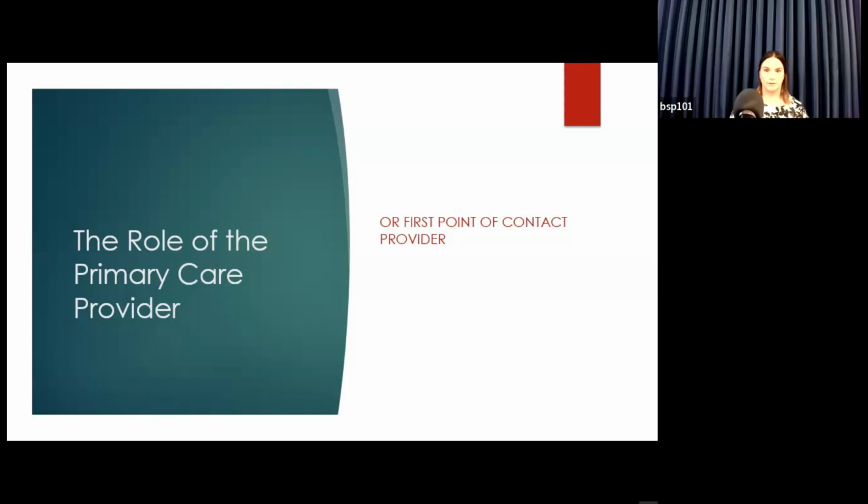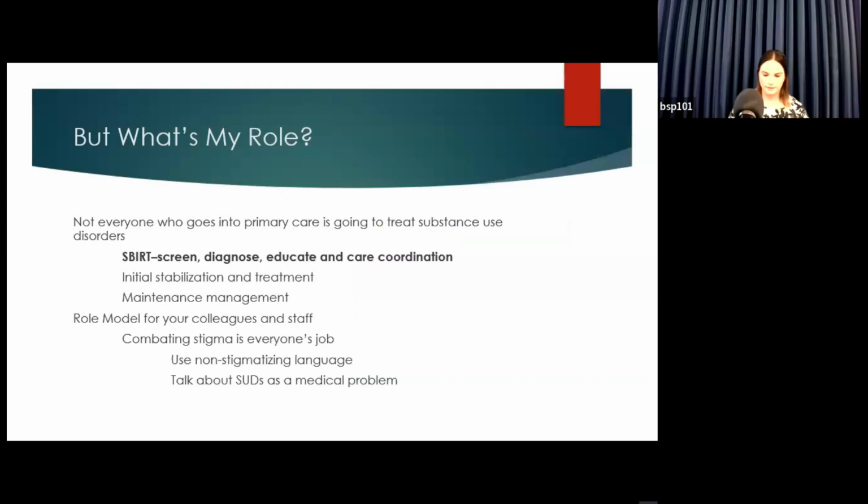So now on to our role as the primary care provider. I acknowledge that not everyone who goes into primary care ends up having this huge passion for addiction medicine and may feel a little nervous about taking this on as part of their practice. But there are certainly things that everyone in primary care should be doing to help address substance use disorders. And then there's the things that maybe people who are a little more excited about it or want to take on more of the medical part of it can consider doing. And I'm going to share those things with you.